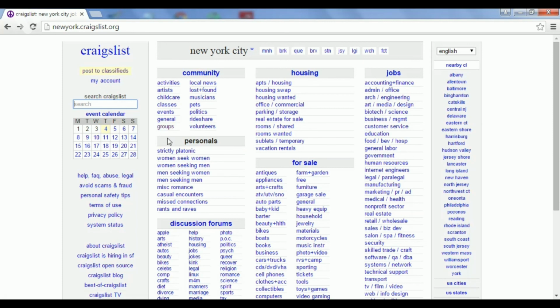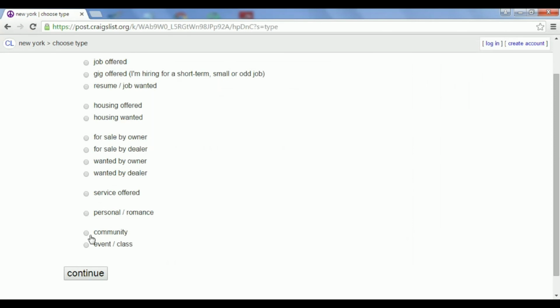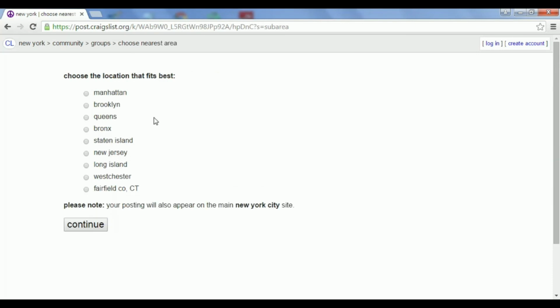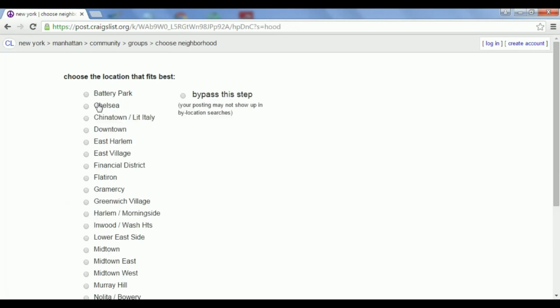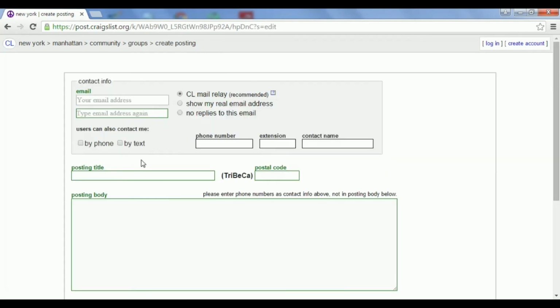I'm using the New York City Craigslist for this demonstration, but there are lots of other instances of Craigslist throughout the US and in other countries as well. So what I'm going to do, come here to post to classifieds, and I'll scroll down and go into community and click on groups. And I can choose a location that fits best. I'm going to say Manhattan, and then I'm going to say Tribeca,